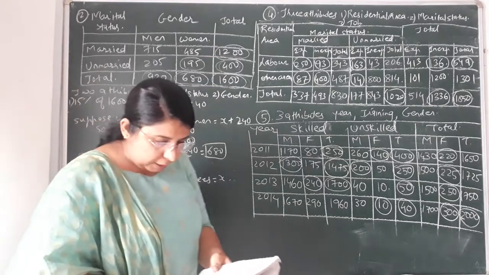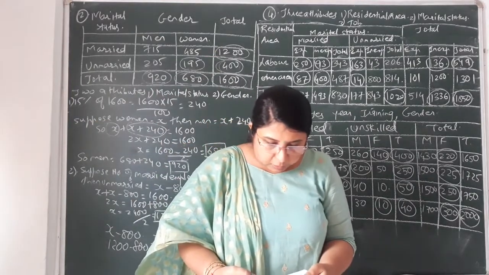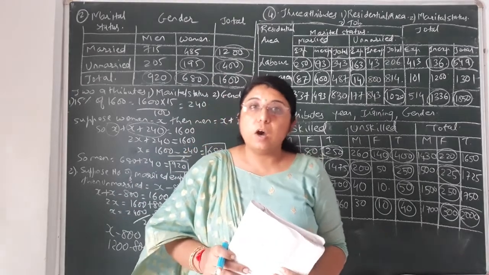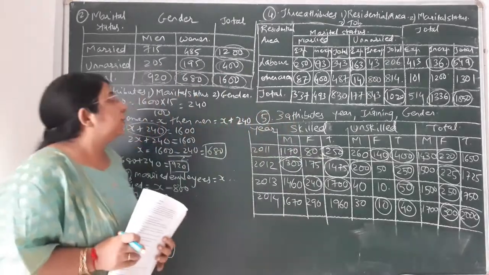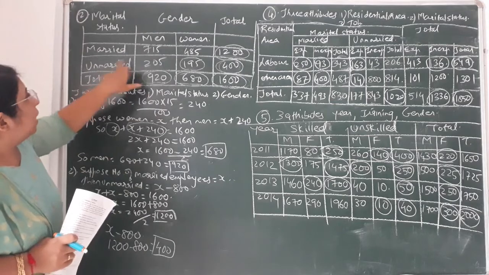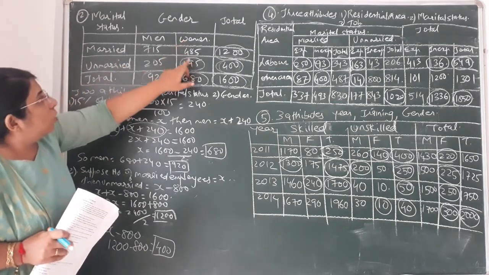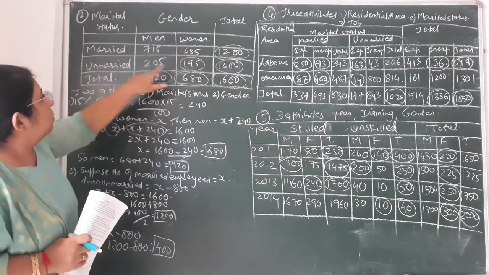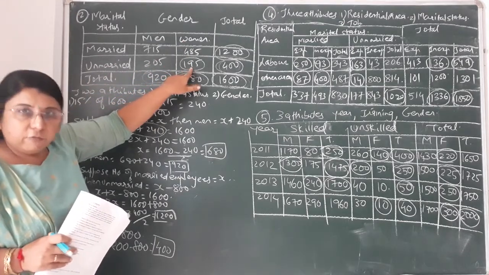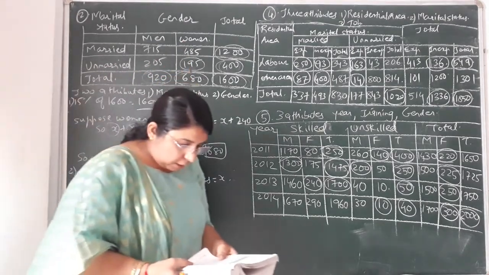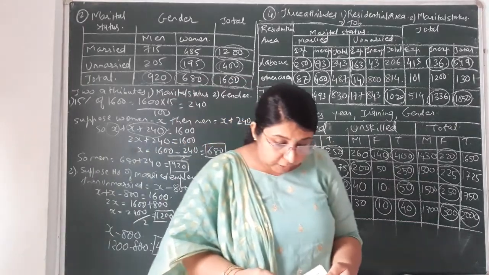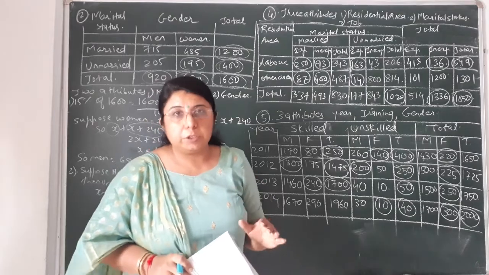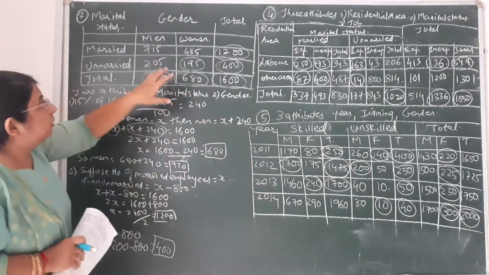Moving on with the next sentence. The number of unmarried women is 195. We have to see horizontally and vertically; it should get tallied. So over here, women and unmarried, that is 195. Okay. Now further, represent the above data in a suitable table. This much data has been given to you in the question. From that you have to find the remaining data.